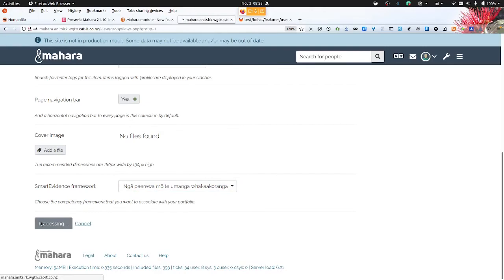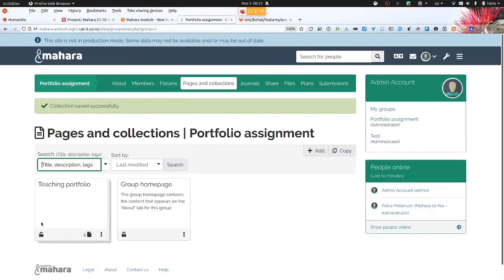So that is really handy when you set up templates, because smart evidence remains a tool for individuals to work in their personal portfolios with.